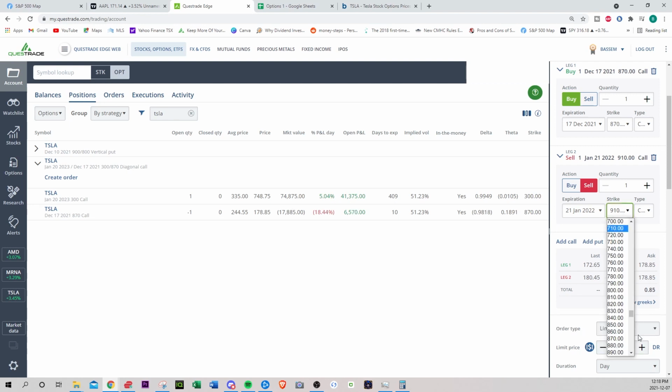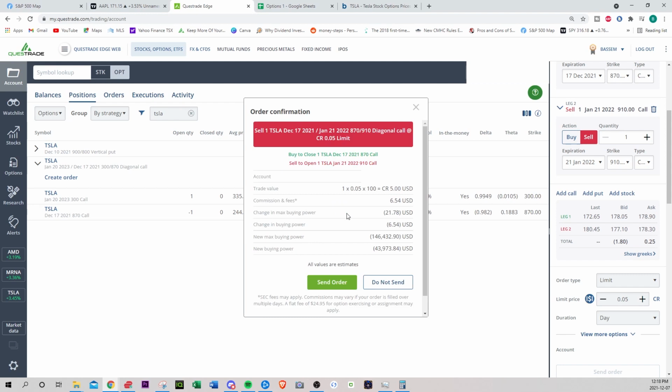I can probably, like, if I want to go 920, it'll cost me a lot more. It'll cost me $800, which I don't want to do. So I'll go here, we'll try to go 0.05. I think I can do it. Let's try to go 0.05 credit. So if I sell, it'll say buy to close and then sell to open a new one. This is another